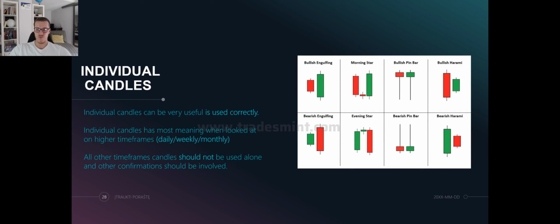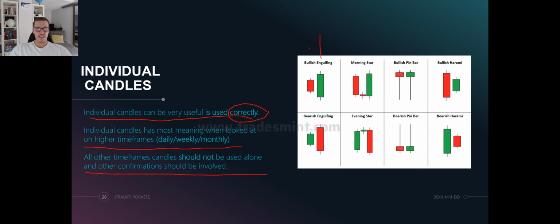Now, very, very important. Individual candles can be very useful if used correctly. Individual candles have the most meaning when looked at on higher time frames, such as daily, weekly, and monthly. All other time frame candles should not be used alone, and other confirmations should be involved. So, to make it simple, nice, and clear,